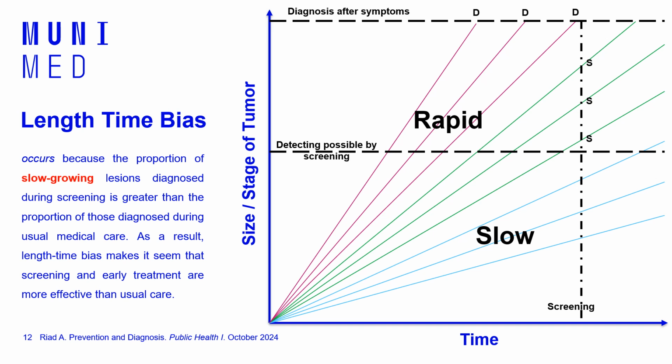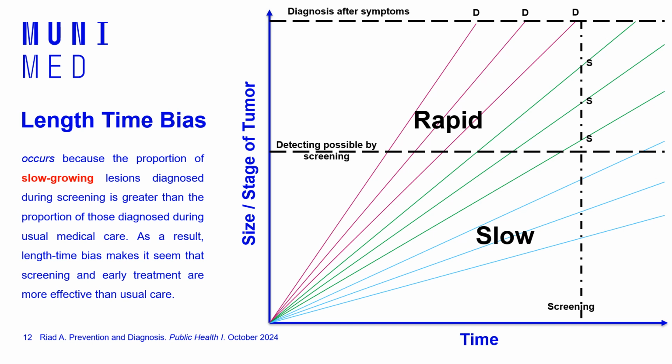That's why they don't have a bad prognosis. I mean, they cannot lead to mortality, for example, and they didn't even get the chance to reach a size that is detectable by screening. That's why they missed the screening this time. Maybe in the next round of screening, these slow cancers will be found. If we have another screening round after 2 or 3 years, then these blue ones may have the chance to be found, but probably not all of them, because slowly growing cancers are usually more benign or less aggressive. That's why they have a lower risk of mortality.